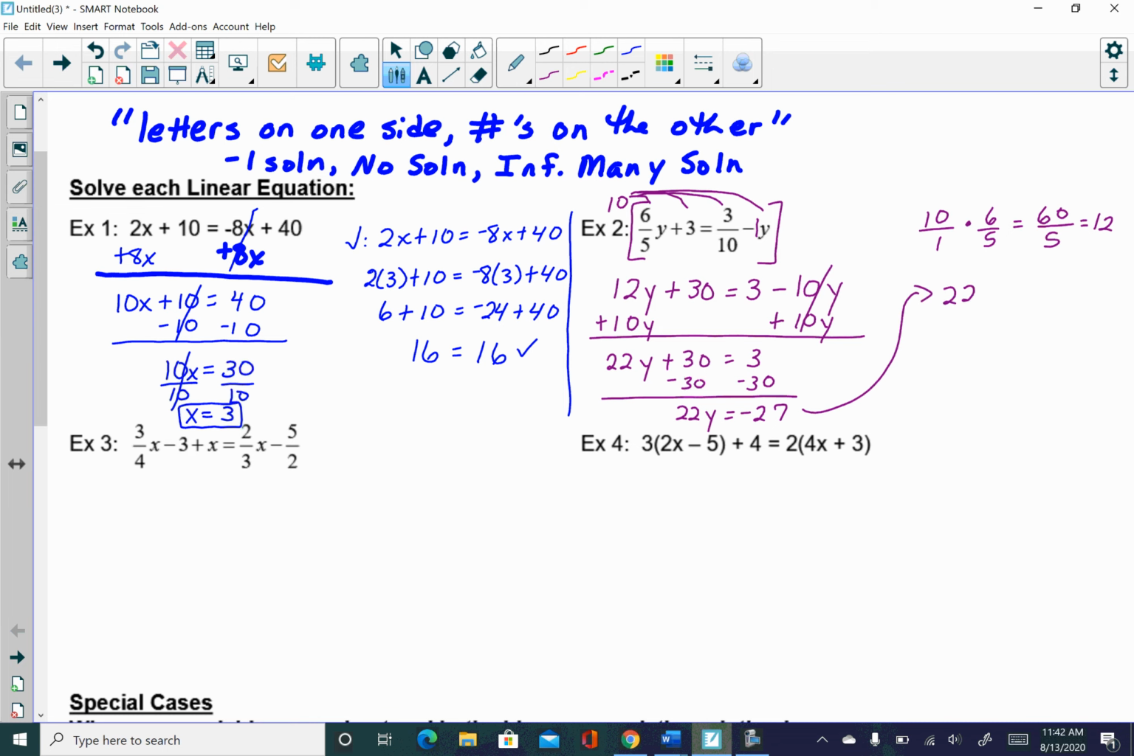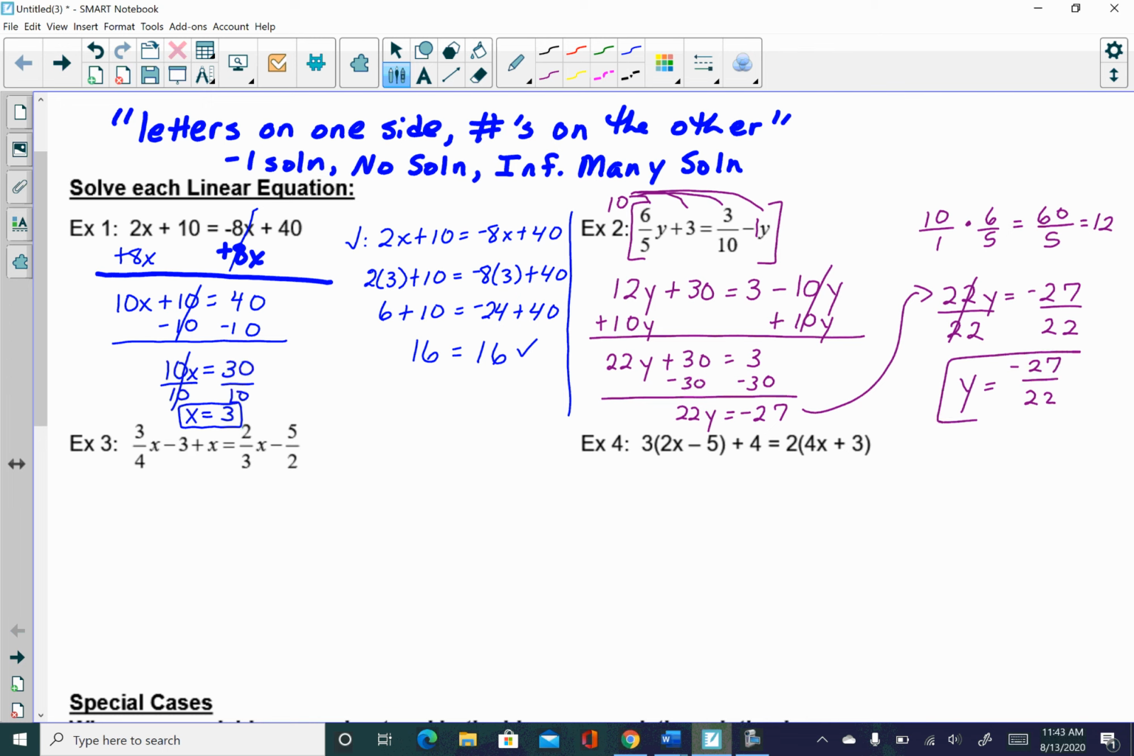I'm going to come over here since I'm running out of room. Just rewrite that. 22y equals negative 27. And then my last step to get this y all by itself, this is 22 times y. Always divide by the number beside your letter. So divide both sides by 22. Cancels out. 27 and 22 don't have anything in common, but if you question for yourself whether that can be reduced or not,